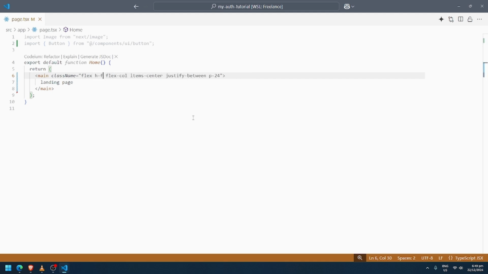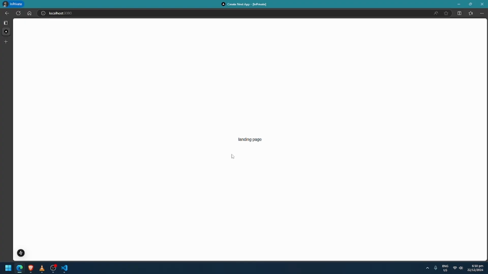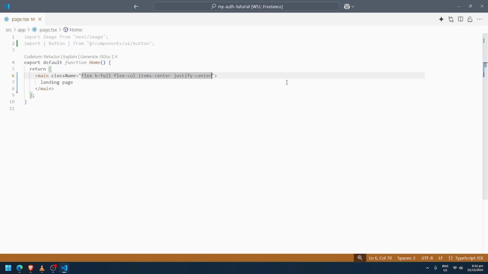And then let's add this h-full flex column, items-center, and justify-center. Okay, so here in our browser, it is now at the very center of the viewport. Okay, so let's improve this a little.